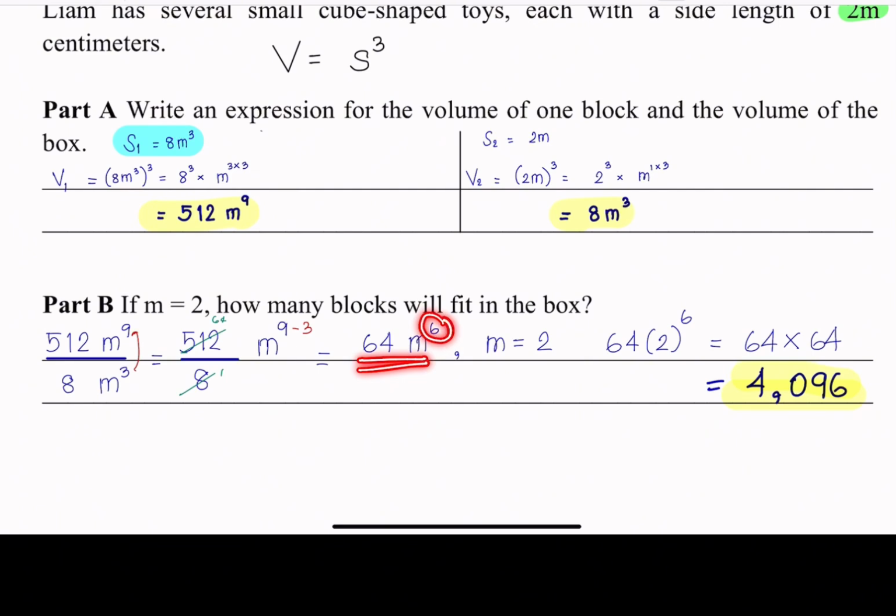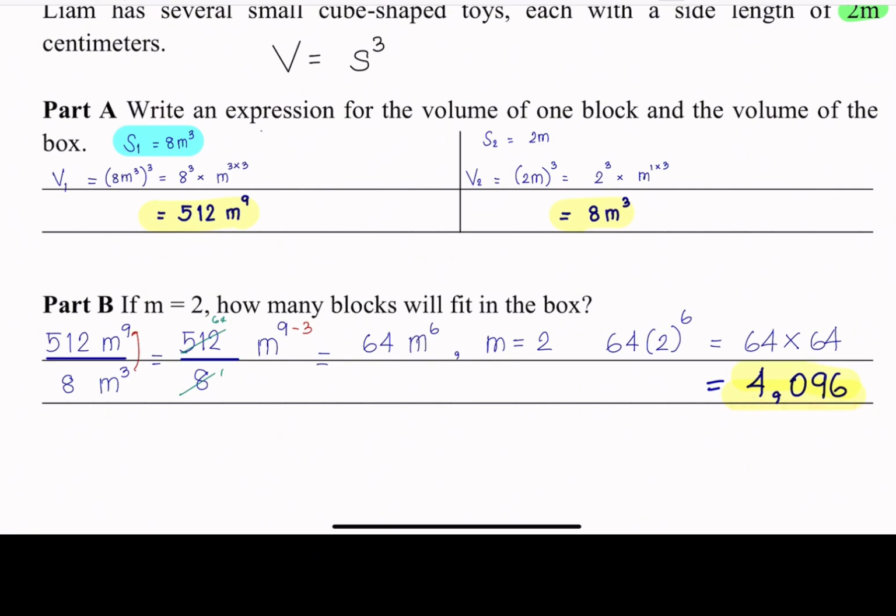But it's not finished yet. We need to find the value if m is equal to 2. So we have to change m to 2. 64 times 2 to the power of 6, or 2 times 2 times 2 times 2 times 2 times 2. That is 64. Meaning 64 times 64 is